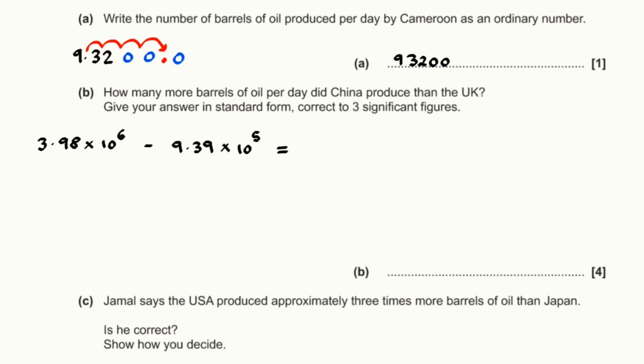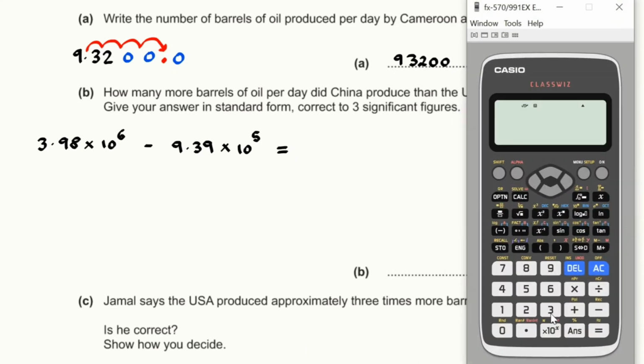So if I work this out, well, we can just use our calculator. We've got 3.98 times 10 to the power of 6 minus 9.39 times 10 to the power of 5. It turns out we get